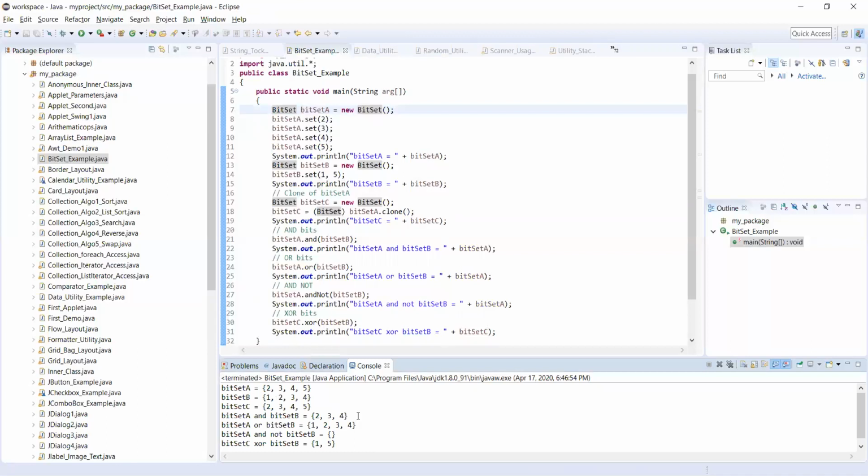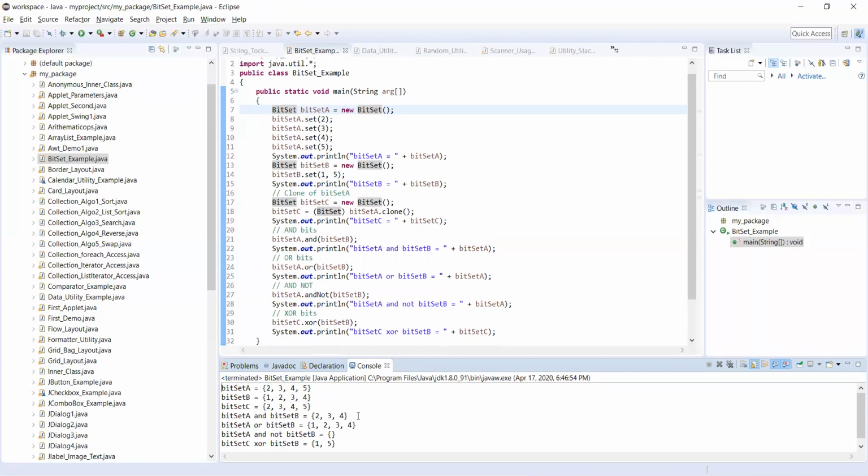Based on these conventions, the OR of bitSetA and bitSetB takes both the A values and B values. Then the not, which is bitSetA and not bitSetB, no elements were there, so it returned null. Then the XOR operation between bitSetA, bitSetC, and bitSetB. So according to your requirement only, you can make use of these particular utilities, friends.